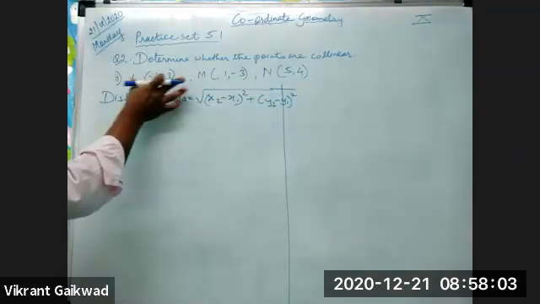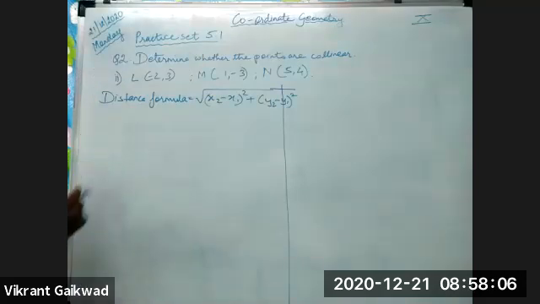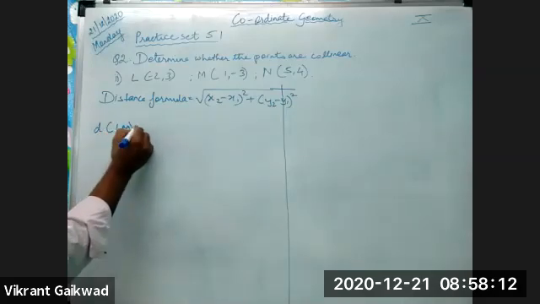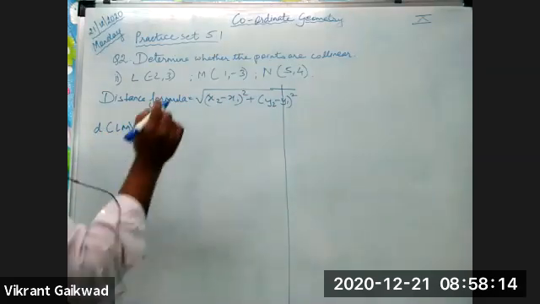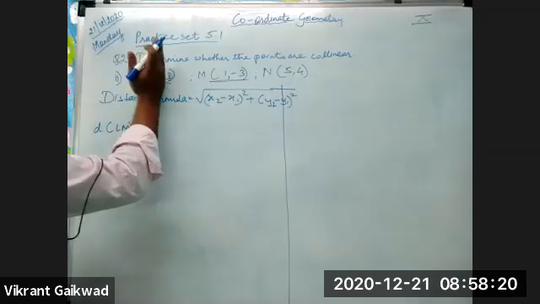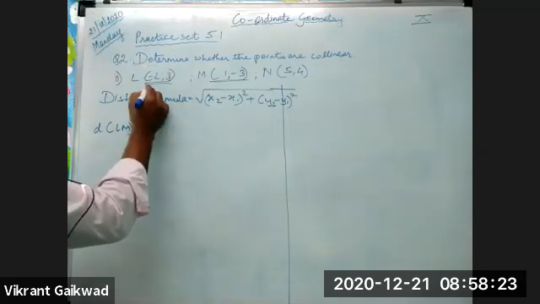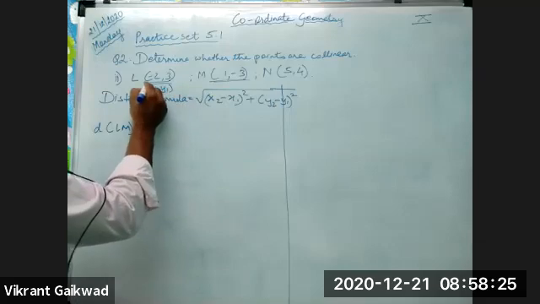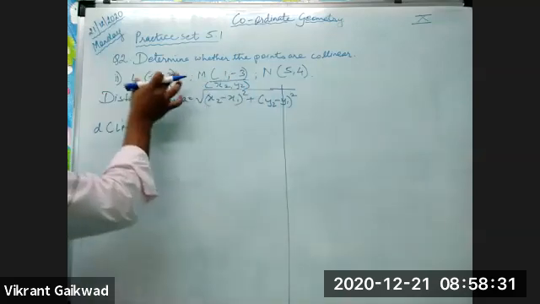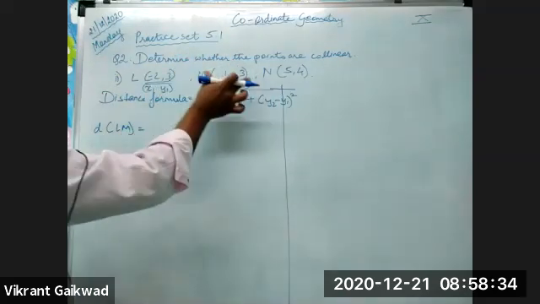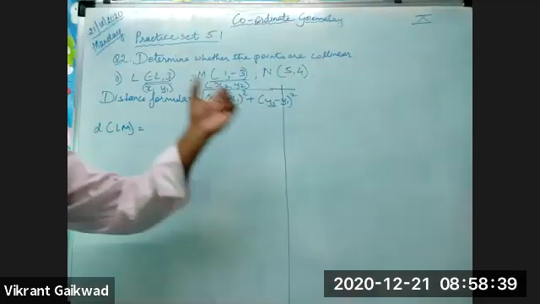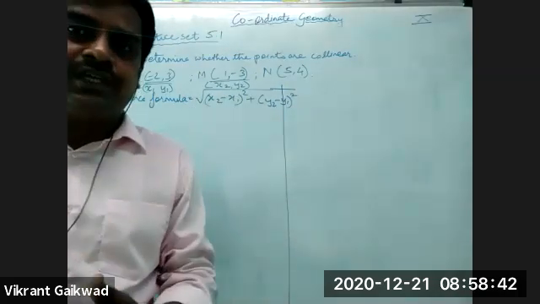So now first we'll take the length of LM, or say distance LM. So distance of LM equals to, now which 2 points are you going to take? L and M. We assume the coordinates of L as x1, y1, and coordinates of M as x2, y2. So L becomes x1, y1, and M becomes x2, y2. Just remember this. For all other lengths, values of x1 and y1 will keep on changing.